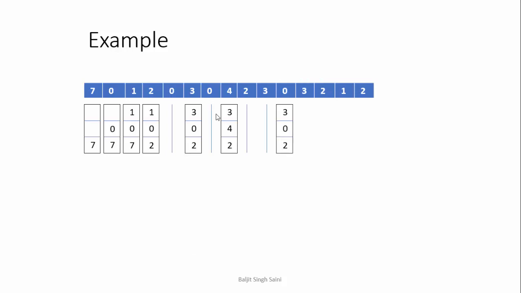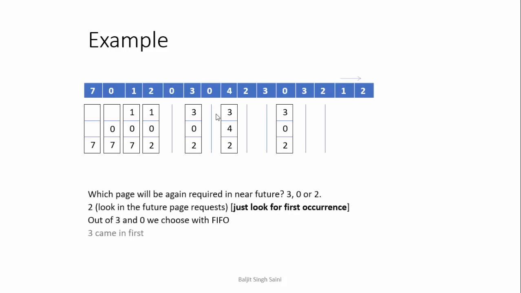Okay, again no page fault for 3, no page fault for 2. Now the next request is for page number 1. Now since after 1 there is only one page that will be used, which is page number 2, so you can replace any one of 0 or 3. 1 के बाद सिर्फ एक ही रिक्वेस्ट है, that is for page number 2, उसके बाद कोई रिक्वेस्ट आनी नहीं है। सो it doesn't matter कि आप 3 को रिप्लेस कर रहे हो या फिर 0 को रिप्लेस कर रहे हो। Okay, so in this case I am going to replace page number 3.